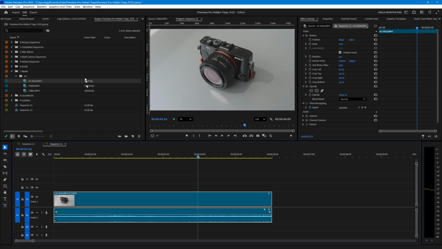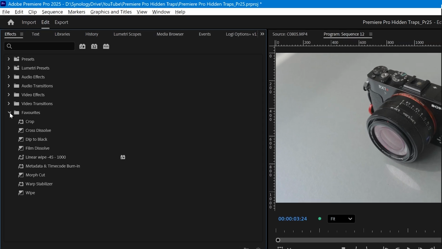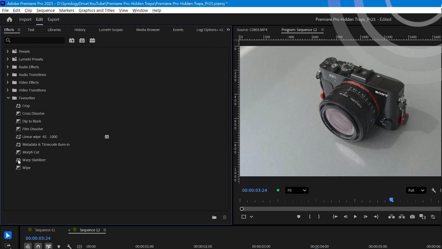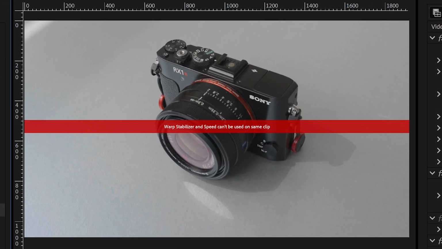And now we want to add Warp Stabiliser. So I'll just switch to Effects, and I keep Warp Stabiliser in my favorite effects bin. And we just drag that under the clip. But you immediately see that there's a warning that comes up that Warp Stabiliser and Speed cannot be used on